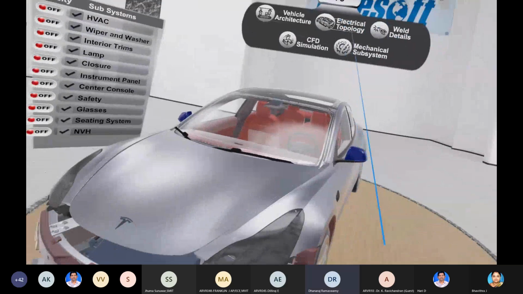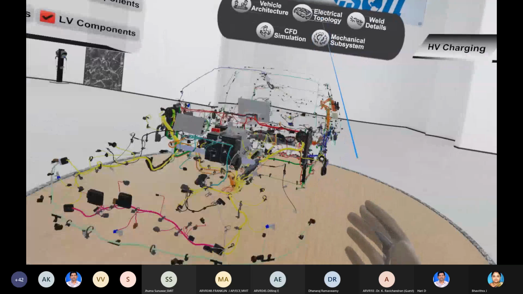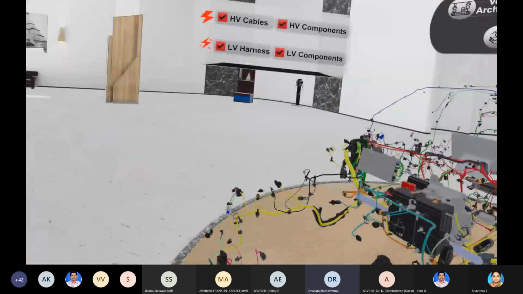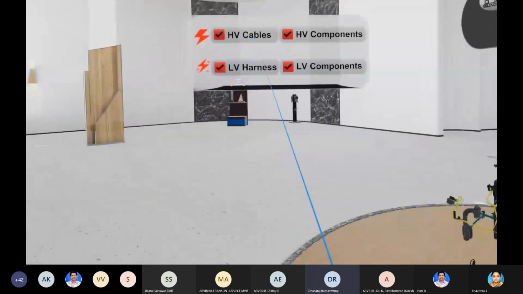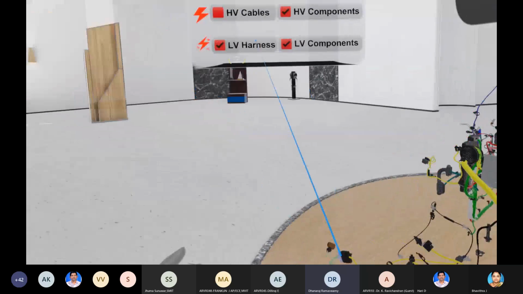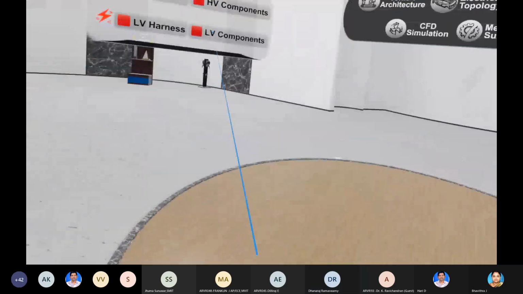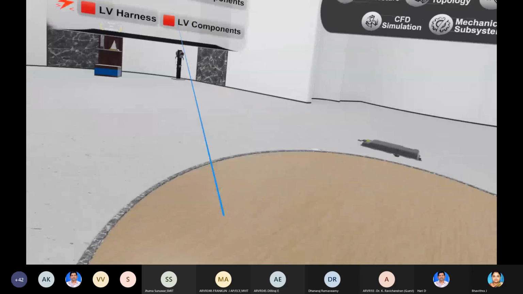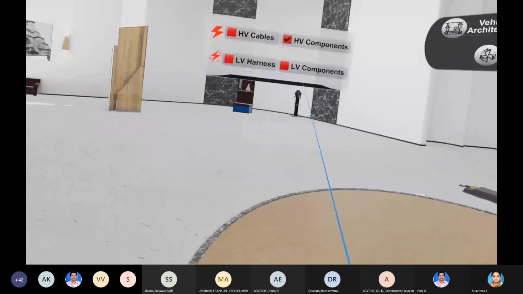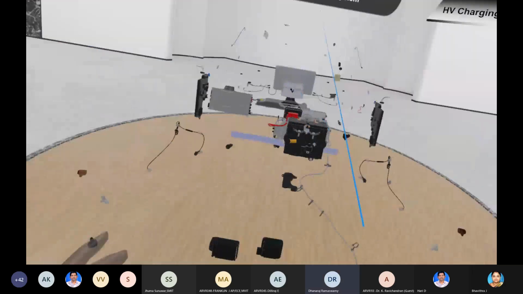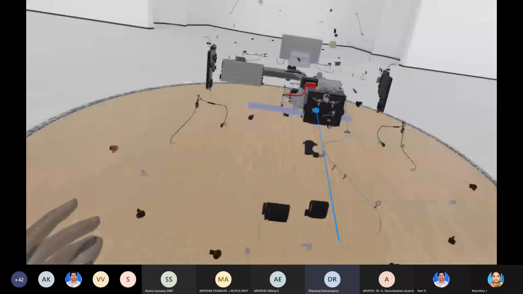This is the car electrical system. We can enable and disable multiple components here. We also fetch some details from the database.